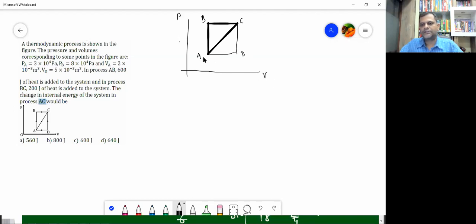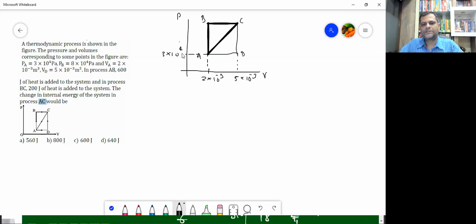प्रेशर एंड वॉल्यूम कर्व इज गिवन हियर. तो ये जो वॉल्यूम है, A का वॉल्यूम वो कितना है यहाँ पे देखो, 2 × 10⁻³ मीटर क्यूब, राइट. So we'll just mark it here, 2 × 10⁻³ okay. And D का जो वॉल्यूम है, देखो D का वॉल्यूम दिया हुआ है यहाँ पे 5 into 10 to minus 3 मीटर क्यूब एंड प्रेशर जो है A का प्रेशर दे रखा है 3 into 10 to 4 ओके